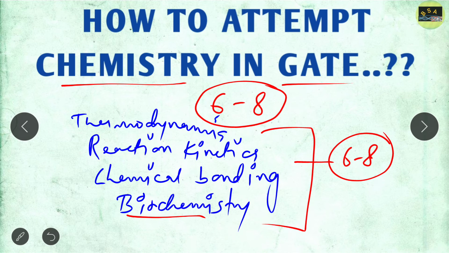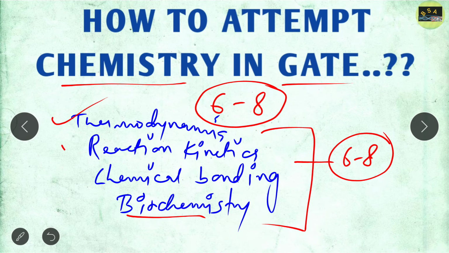If in the question Gibbs free energy is given, write down Gibbs free energy, write down entropy, and write down the temperature. And if they want you to calculate the enthalpy, then just write down the formula and try to solve that. You will easily solve the thermodynamics question. Very easy. Thermodynamics is not so hard. It's a very easy subject.